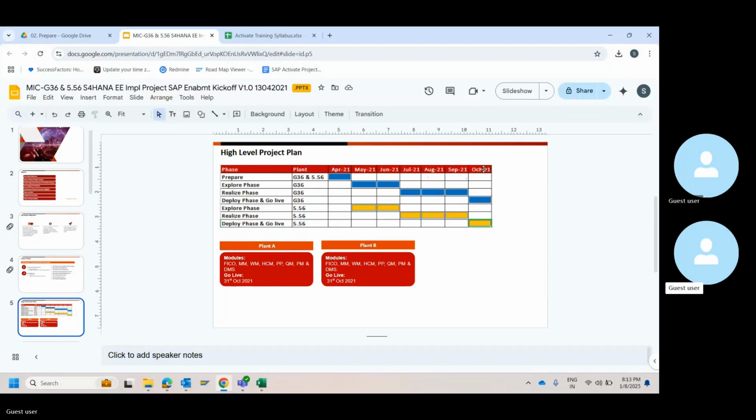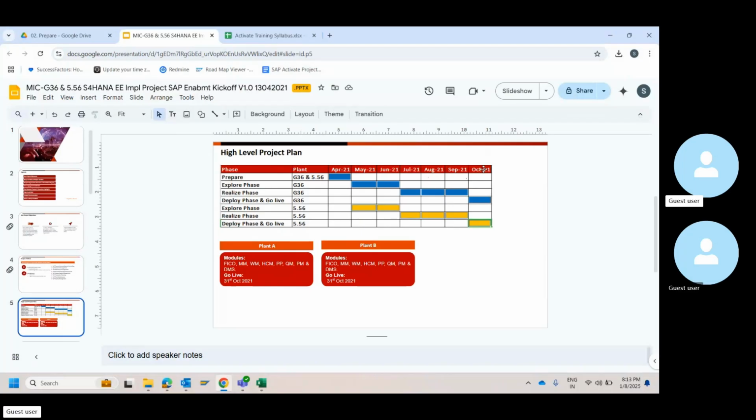So projects can be executed in waves as well. For example, if there are 20 different companies under one parent company, there are chances that 4 or 5 companies will go in the first wave, and again 4 or 5 companies in the second wave. The rest of the companies, which are all small companies with very few users and fewer transactions, in the third wave.